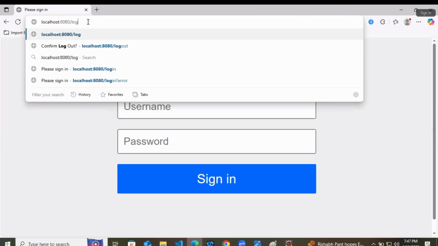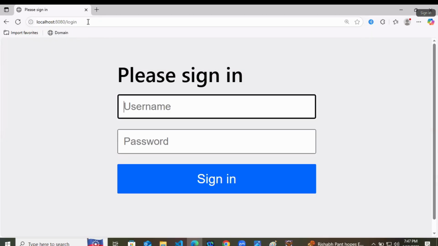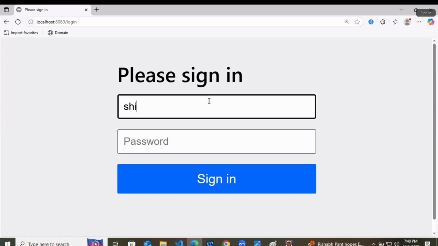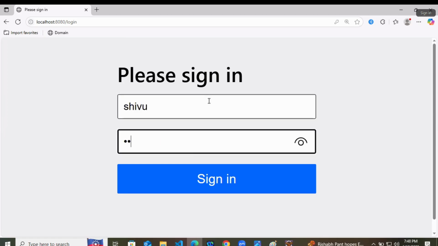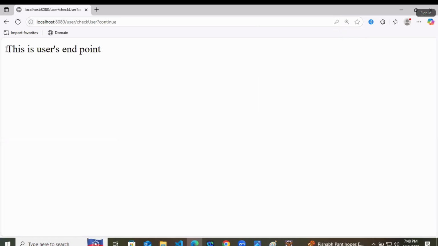The same way, I will write slash user slash check user, and we are getting the same login page. Let's type the details here. So here we have given the username and the password, and now we got that this is user's endpoint.